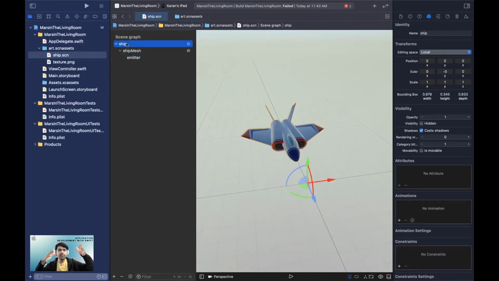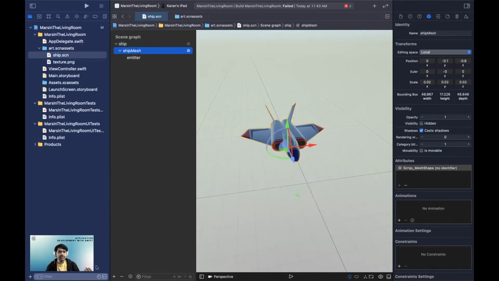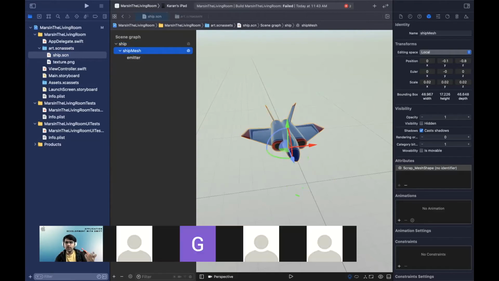And in a scene, you can have a lot of objects as well, right? But remember that the first thing that you have is a root node. To the root node, you have multiple nodes. Now, to each of these nodes that you see here, one thing that you want to observe is